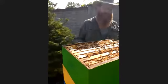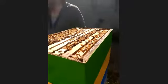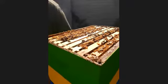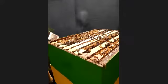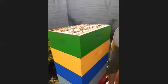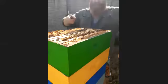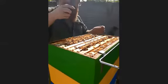So let's go ahead and see what I'm going to do when I harvest honey. You see how calm they are, Ralph? Can you see them? Yeah. Let me pull a frame out so you have something to look at. Yeah, sure. It'll take me 1 second to get it. So I've been doing this for 5 years, and I know just enough to be dangerous. Once I go get my brush...